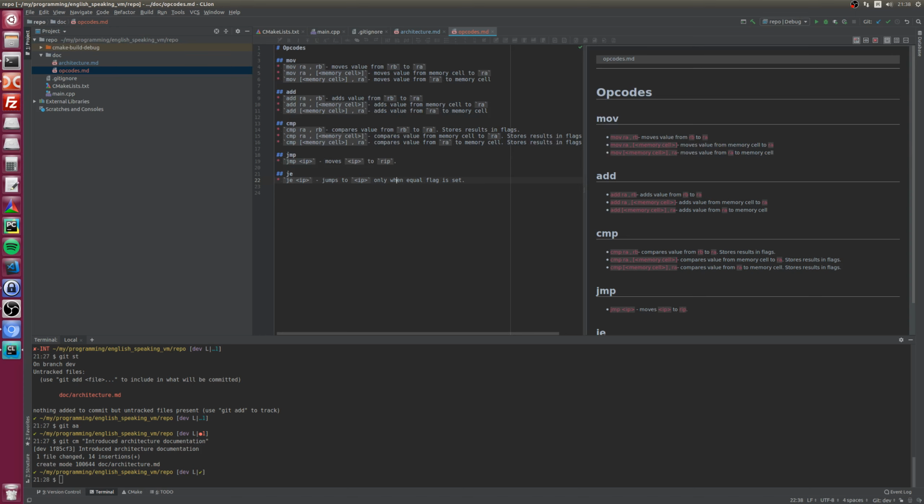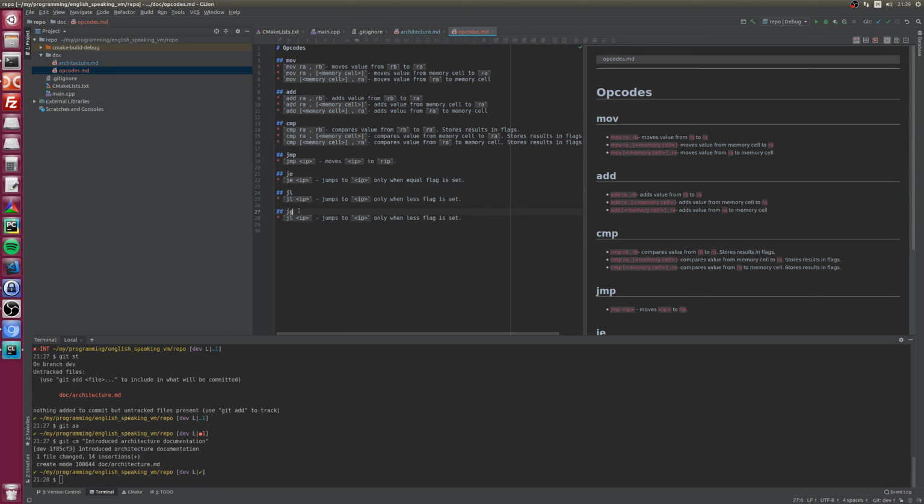There is not much C++ yet, but we'll get there. Jump equal, jump less. Okay, jump less jumps only when the less flag is set.